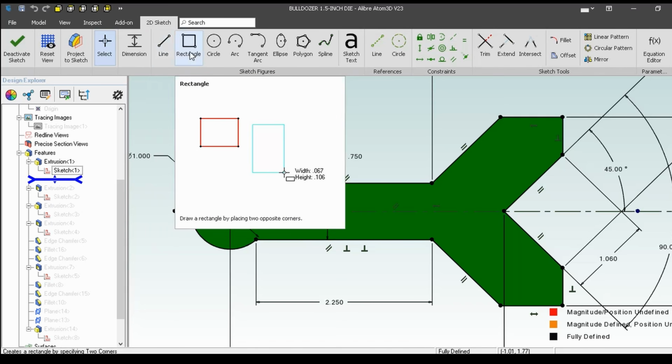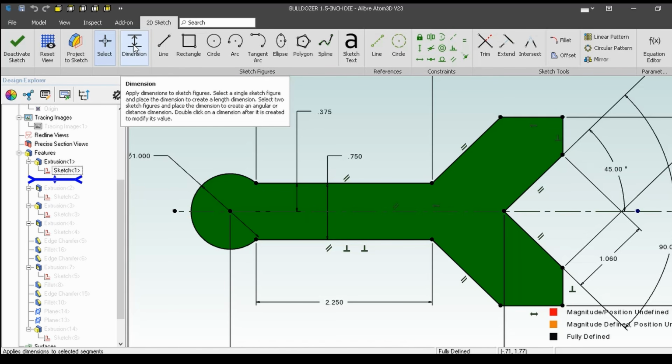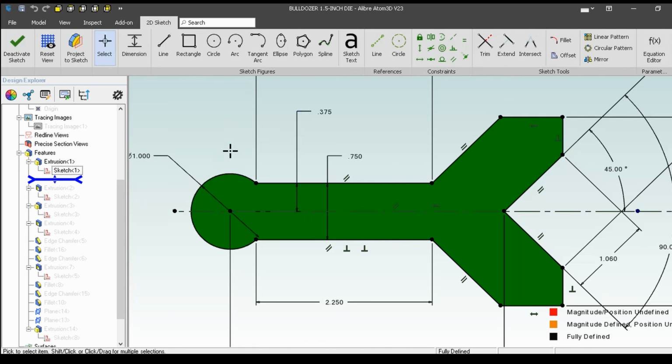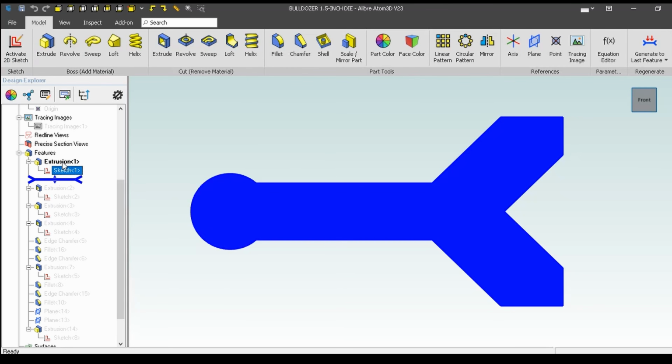And that is where you can draw your lines, rectangles, circles, arcs to create this outline of what you want it to be. And then to get everything right, you drive those lines with dimensions. So these dimensions drive that part. And then when you're finished drawing your outline, you deactivate the sketch,